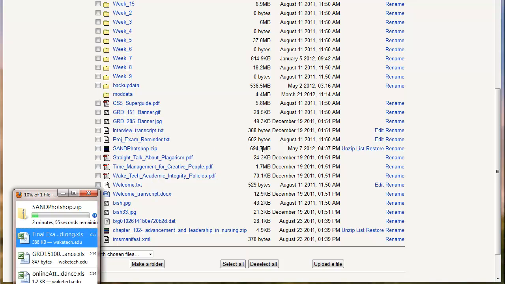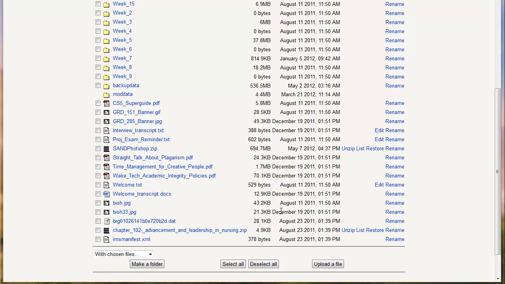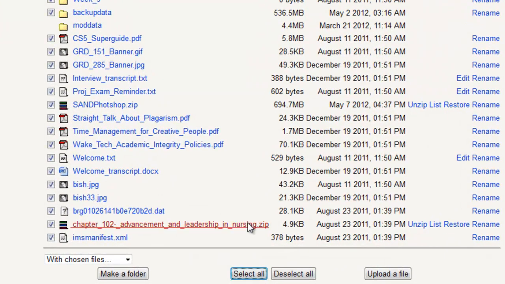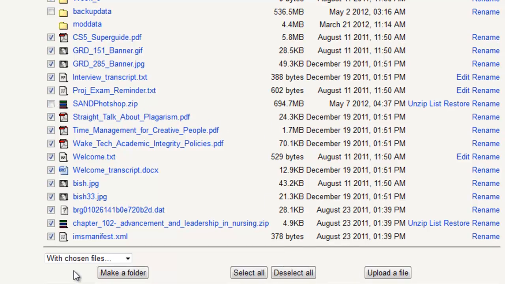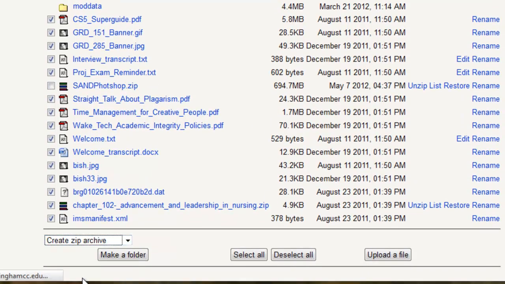One thing to keep in mind with Moodle 2, the largest file you'll be able to upload is 100 megabytes. So if your files are bigger than that, you'll need to break them down, and again, go through and see what duplicates you have. You probably don't need your backup data file, which is what's making mine so large. So if I stop this, I'm going to do the same thing, select all, but this time I'm going to deselect the backup data and the zipped file, and then create my zipped archive,